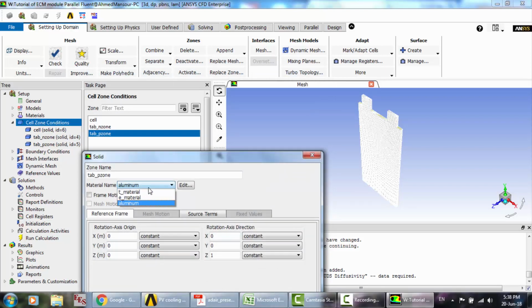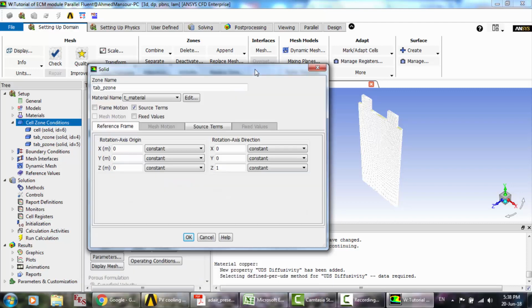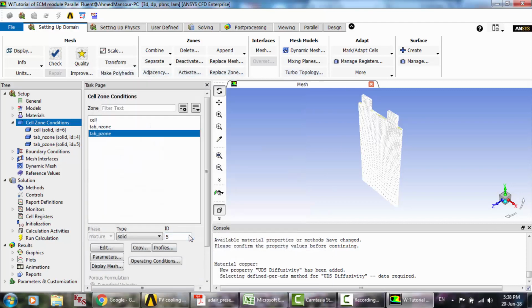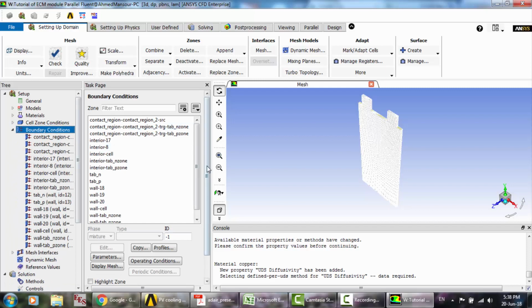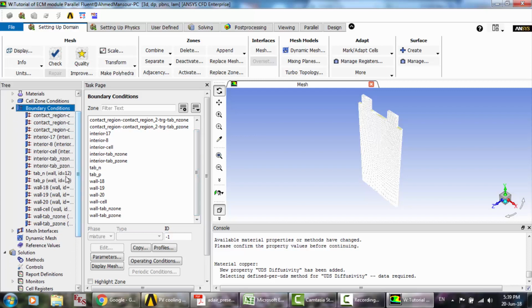E zone, the T material. Okay, now for the boundary conditions, we know here where is the wall cell, wall tab, those are the three walls that we have here. Wall cell,